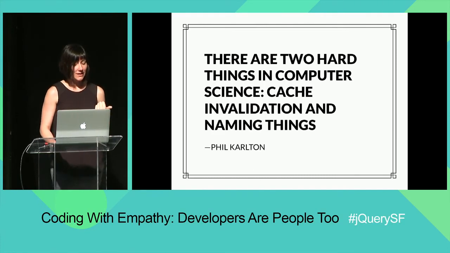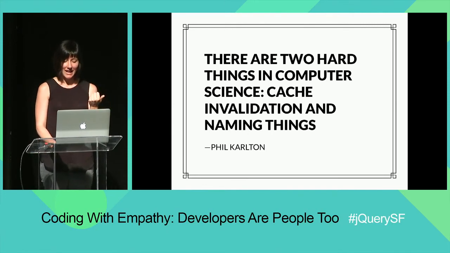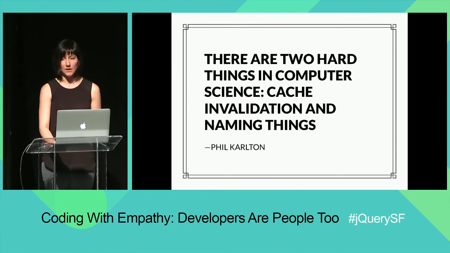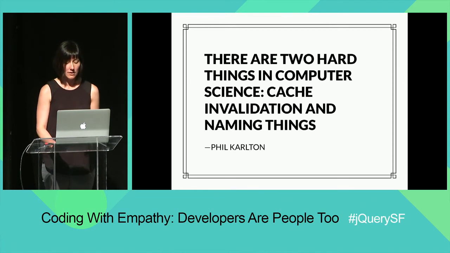To be fair, in these two separate examples, we're talking about what has been quoted as being one of the most difficult challenges in computer science, according to Phil Carlton. And I'm obviously not talking about cache and validation here. Naming things is one of the most difficult things for us because of the mismatches we encounter in context and in knowledge.